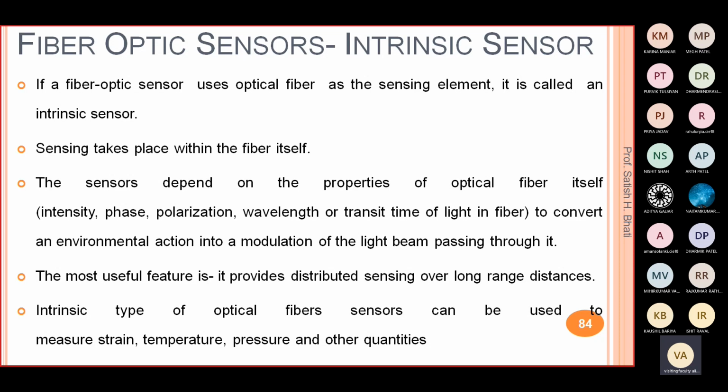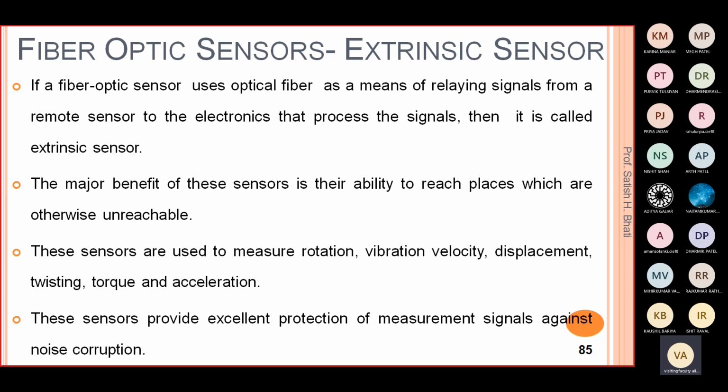The most useful feature of this intrinsic type is that it provides distributed sensing over long range distances. So they will cover the long range, and that is the main advantage of this type. This intrinsic type of optical fiber sensor can be used to measure strain, temperature, pressure, and similar physical quantities. The second type is the